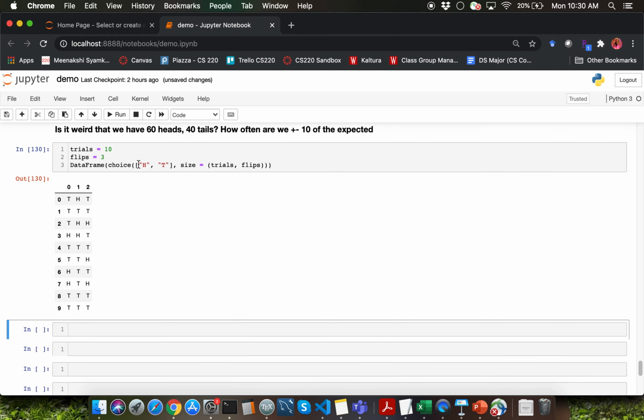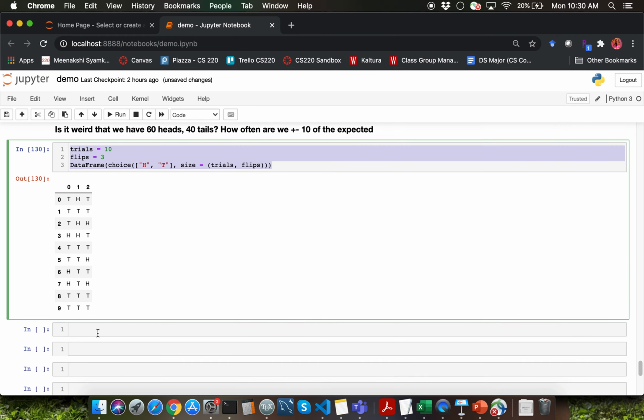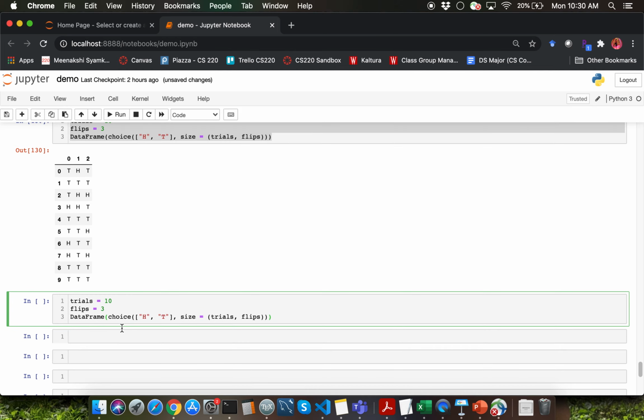and let me display the data frame for you. What I'm going to do next is I'm going to take heads and change that to 0, and take tails and change that to 1, because that's going to make it very easy for us to be able to count the number of tails, because we have 1, because we can sum up all the flips for a particular trial, which is going to be one single row over here, right?